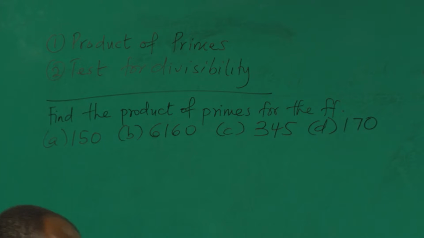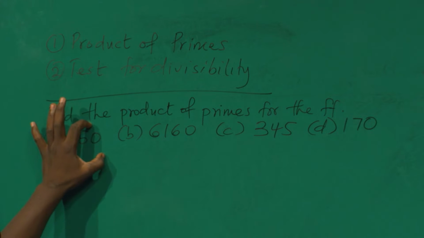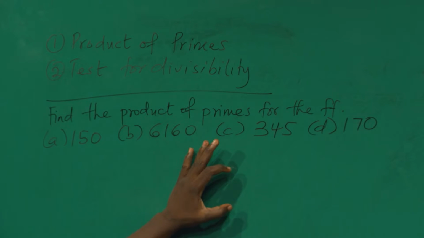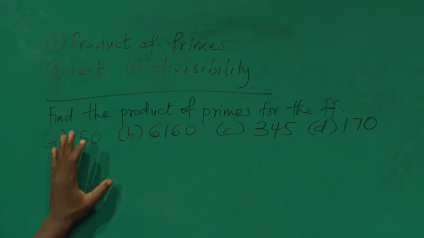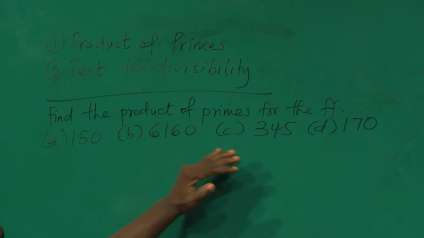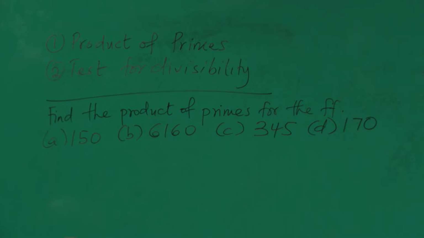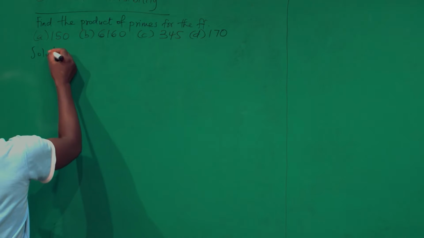Okay, so we want to recap on product of primes. What we said was that with product of primes, we are going to use prime numbers to break down these individual numbers. So it should be only prime numbers multiplying together to get the answer here. For today's purpose also, I'm going to do the first 2 for you, so that will take some 3 minutes to do the last 2. Okay. So solution